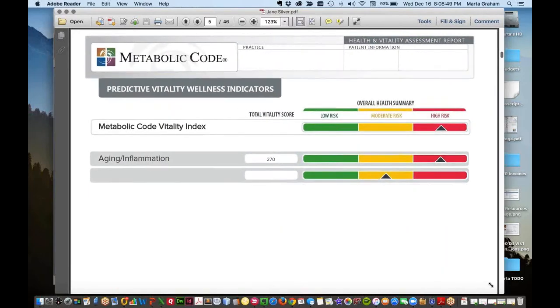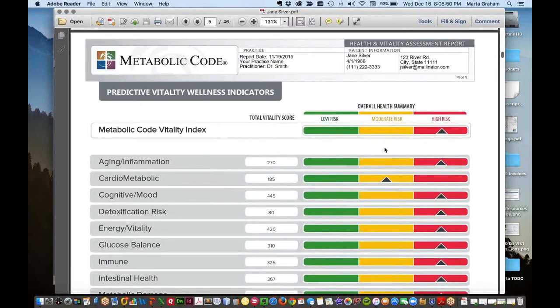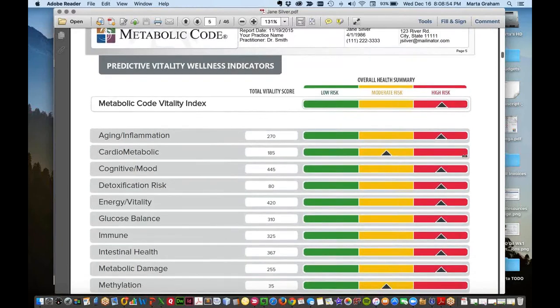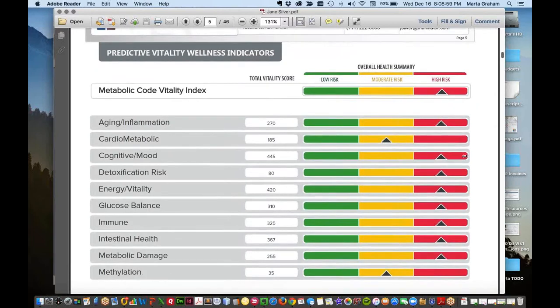We also begin to look across domains with respect to key metabolic functions that cut across triads. And we begin to segregate out certain domains that begin to reflect maybe a more conventional view of the areas that are most imbalanced. So you can see inflammation, cardiometabolic, cognitive, detox, energy, so on and so forth. In this particular patient, their markers are so extreme that you can see how many of these areas are high